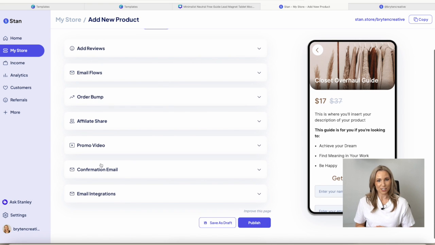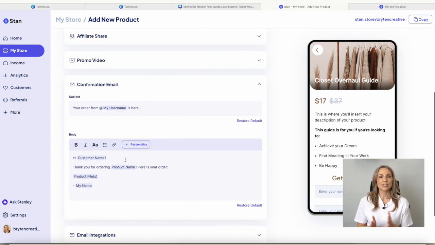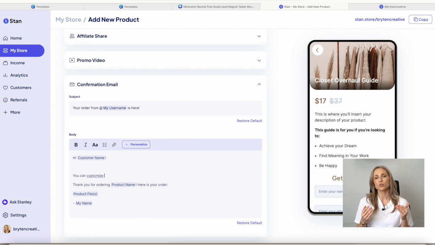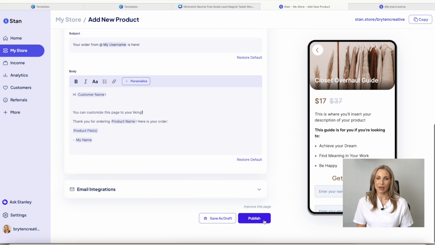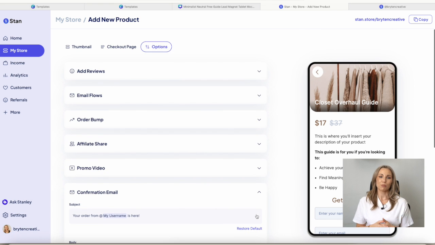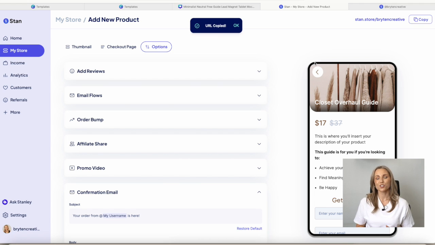purchase. In the options section, there are many things that you can do, but to keep it as simple as possible, you will just want to look over your confirmation email. This is where you can customize a message to your buyer. Once you've filled everything out, you will click publish. When you've done that, you can click the copy button in the top right-hand corner to share your link to